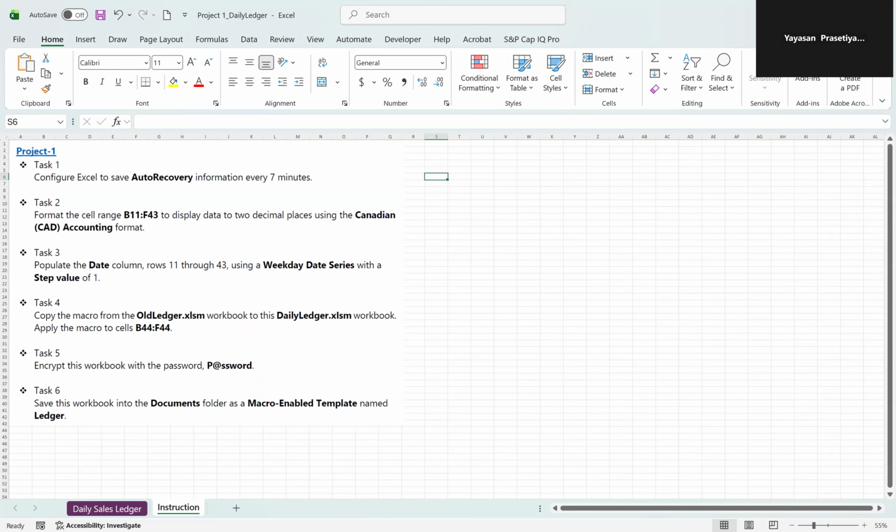We have to open the file, the daily ledger XLSM. Okay, looks good. And then you have to go to the Developer tab and click Visual Basic.